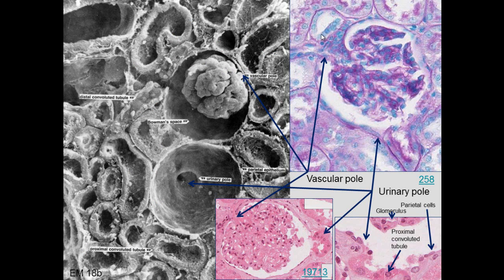This is the distal tubule, and then there's an artery coming in through there. There's a little arteriole coming in through there. Then we have a urinary pole. You can see where this has been removed, and this is going to be the proximal tubule down there. These are parietal epithelium in through there and here, and this is where you have the urinary pole, where parietal epithelium gives rise to the cells of the proximal tubule